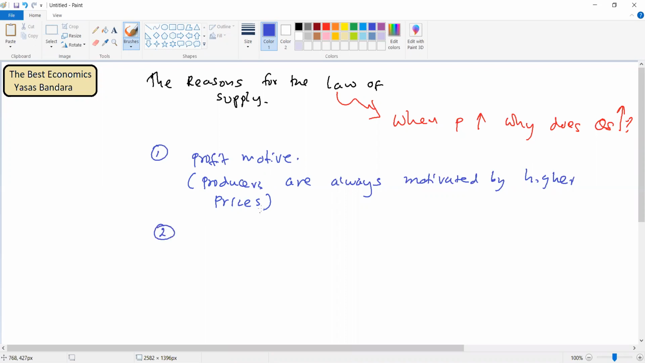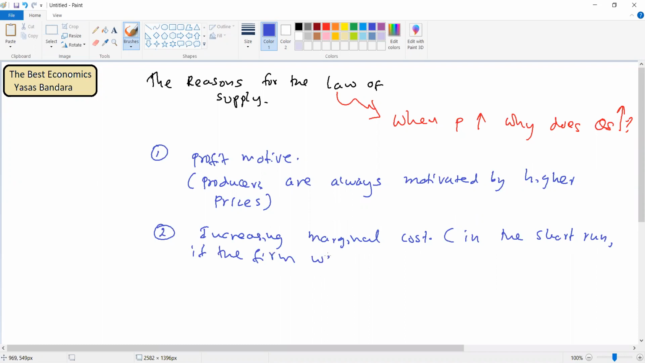Second reason, what is the second reason? Increasing marginal cost. Now, what do you mean by that? In the short run, short run means a small time period, like 2-3 weeks, a very small time period. Within a small time period, in the short run, if the firm wants to increase production by a large portion,